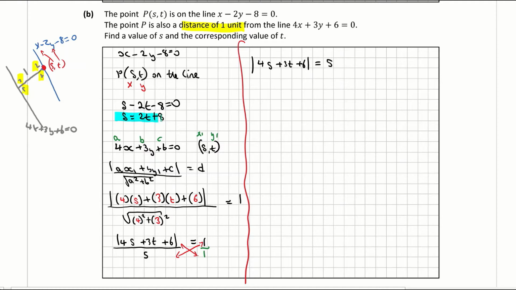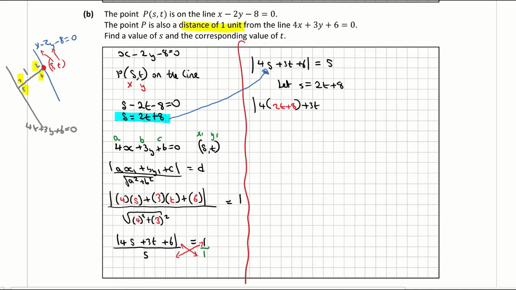Remember we said that s is equal to 2t plus 8. So I'm actually going to take that and sub it in here for my s. So that's my next step. So I'm going to say let s is equal to 2t plus 8. And when I sub that in, I get 4 times 2t plus 8